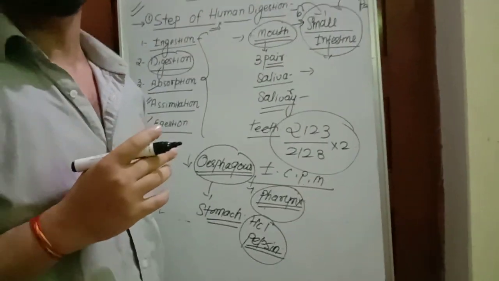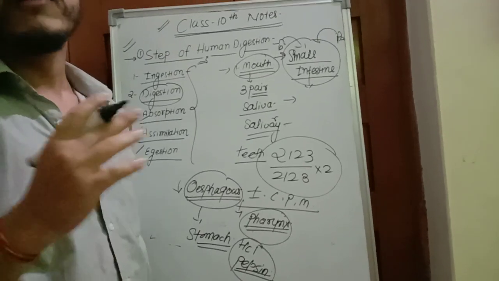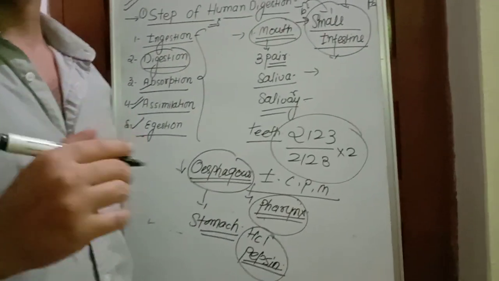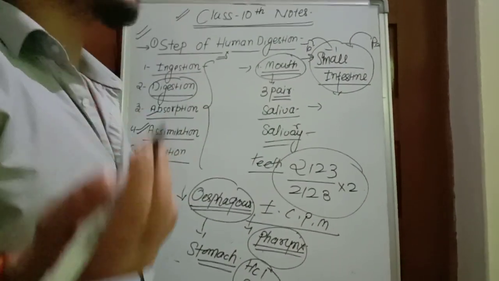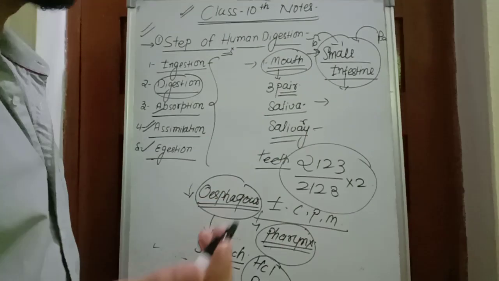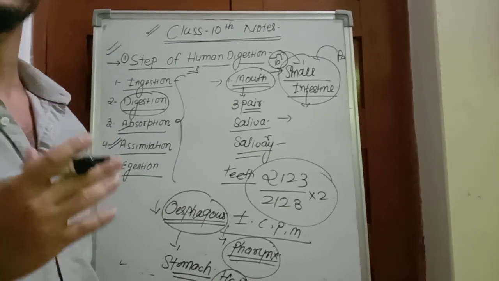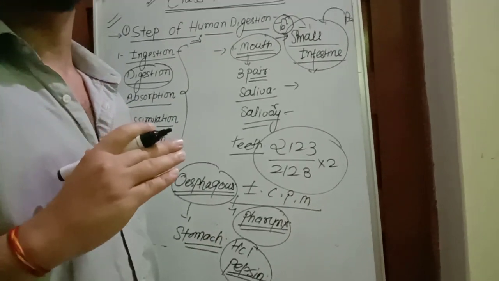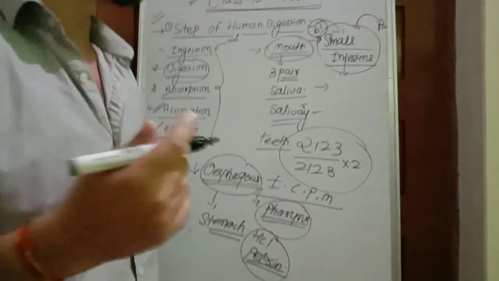The pancreas secretes pancreatic juice which contains enzymes and bicarbonate. Which enzymes? Enzymes trypsin and lipase, and write down their functions. That is about pancreatic juice. Then write down about bile juice. Bile juice is secreted from the liver and stored in the gallbladder. This bile juice helps in the emulsification of fat into the simpler form, micelles.